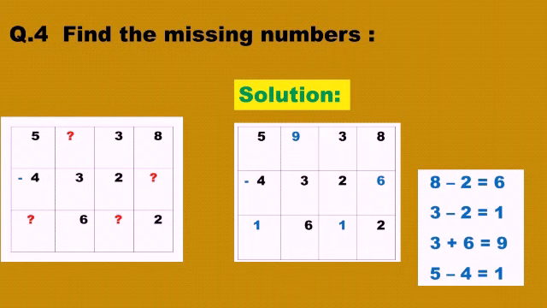Whenever you are solving this type of question, you have to remember one thing: you have to take each column when you are doing the operation, and in each column you have to first find what we have to find out. We have to find out the minuend or subtrahend or difference. Then you just apply the rule for minuend, subtrahend and difference. Then you will get the result very easily.